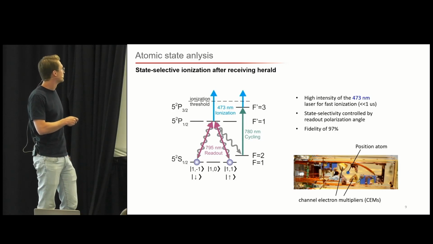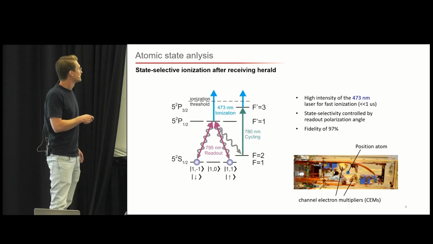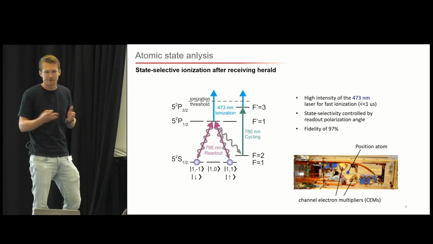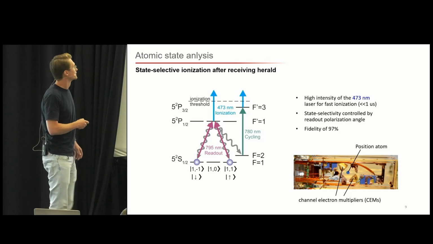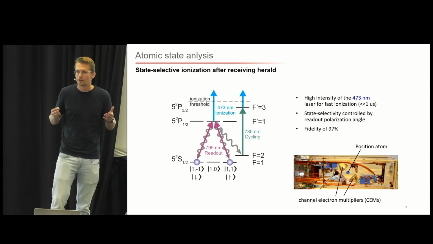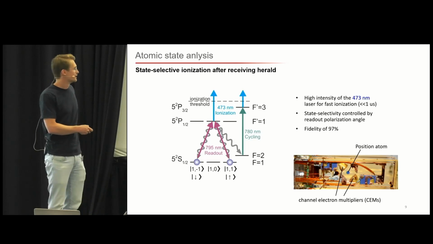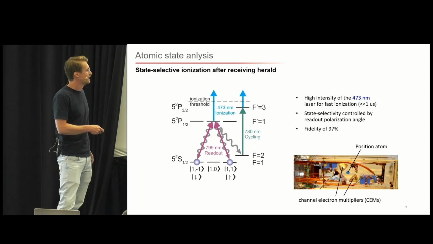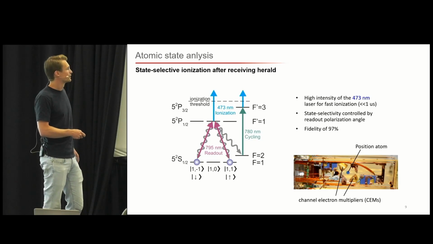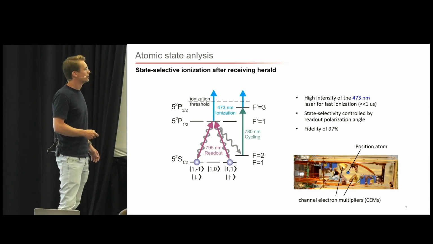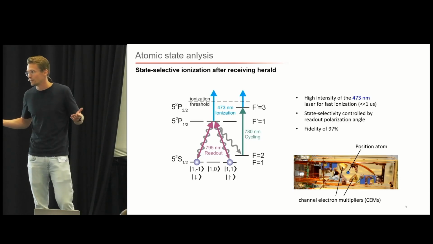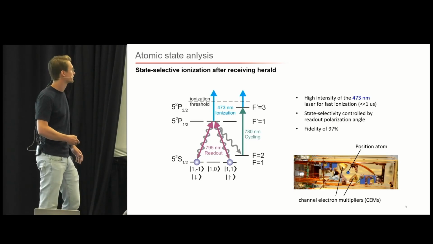So by setting the polarization of this readout beam, we can excite a certain qubit state. And this excited state we then directly ionize by at the same time shooting in an ionization beam. So this readout is then completed by directly detecting the ionization fragments. So this is a picture of our setup, and you see channel electron multipliers. So what we can do is we put 5 kilovolt voltage over here, and then we can directly detect the ion and the electron, or we can just use fluorescence detection and check, is the atom still in the trap, yes or no, and that gives our final result.